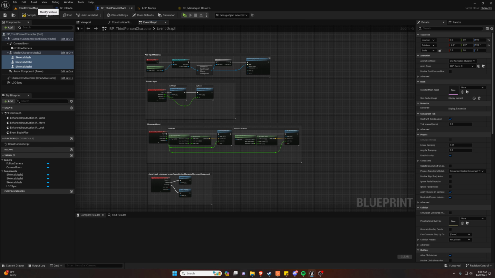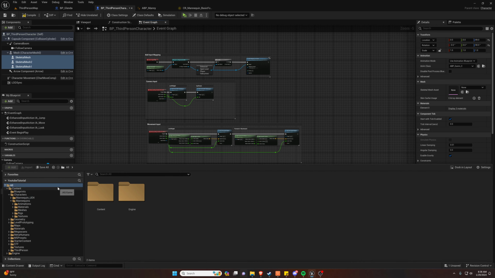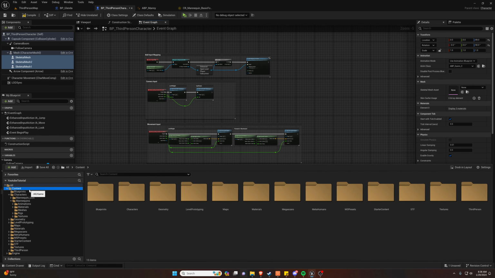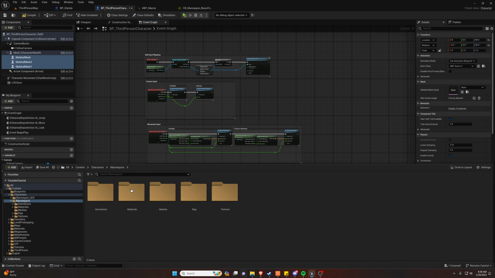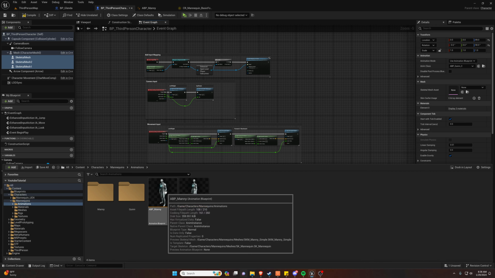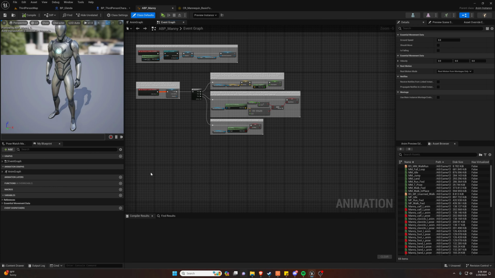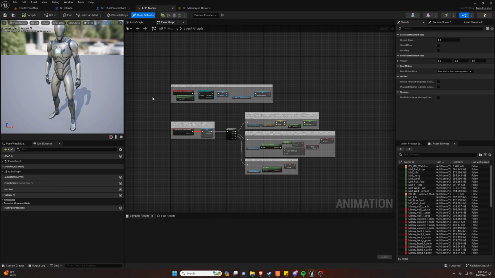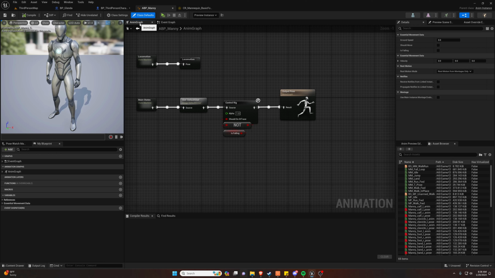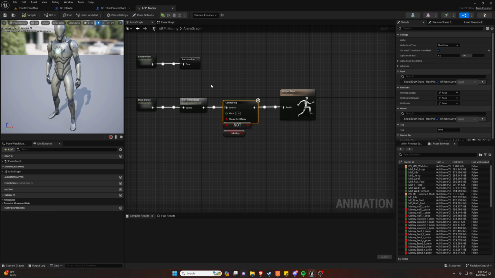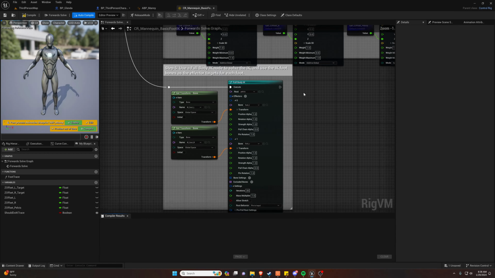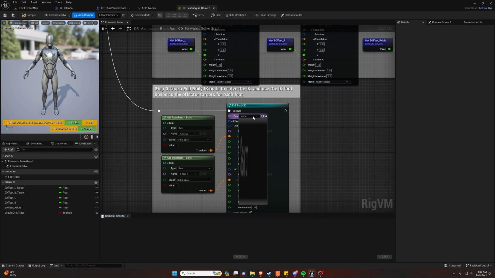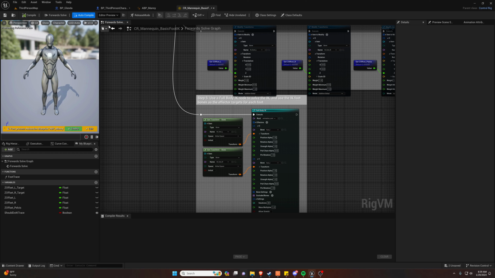So the next thing we need to do is go to your content folder, go to characters, mannequins, animations, and open your ABP Manny. Now inside your ABP Manny, we will want to click to the anim graph at the top, and then inside our anim graph we want to click control rig, and then for full body IK we will want animation root instead of pelvis. Go ahead and compile that,